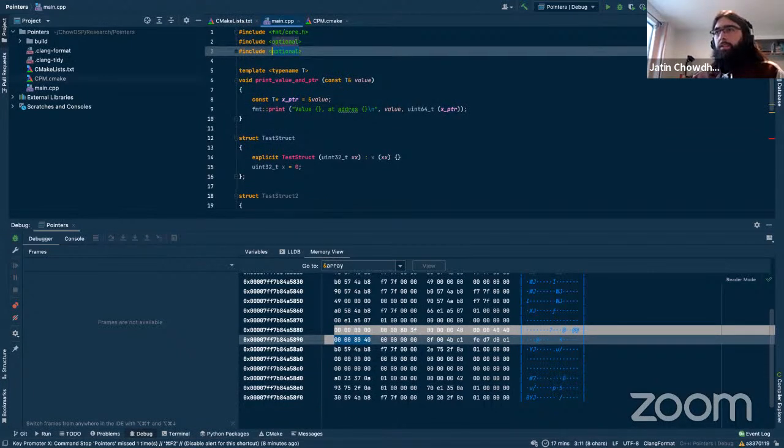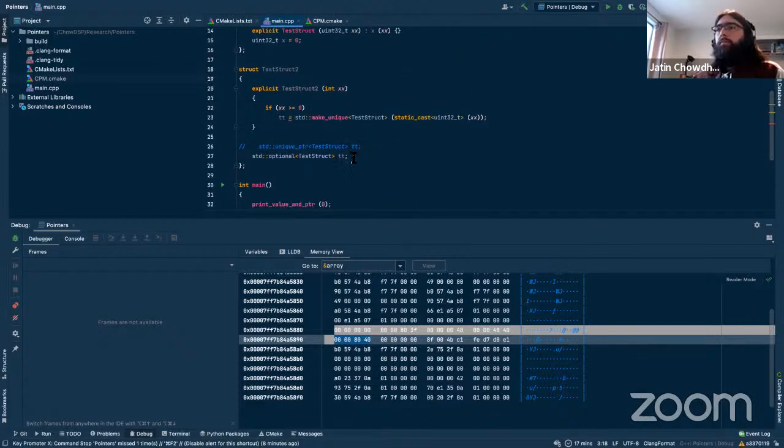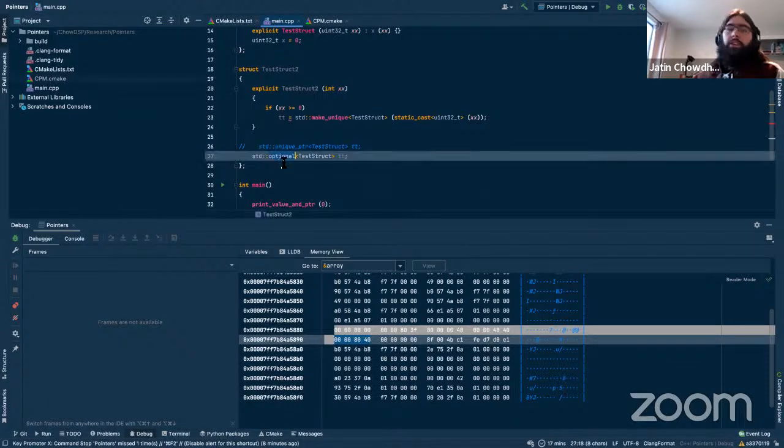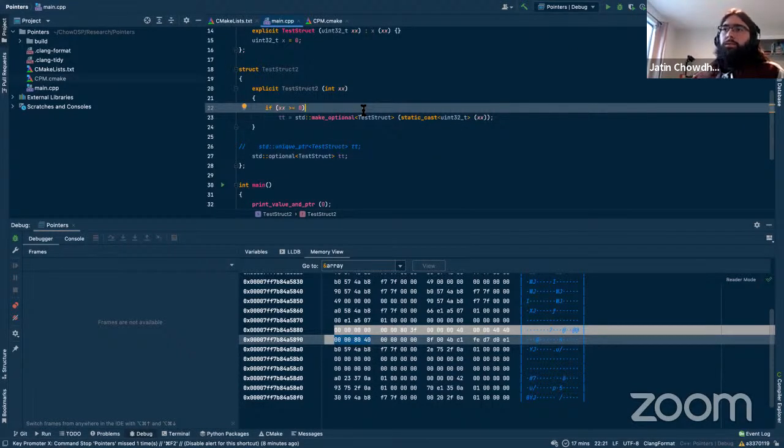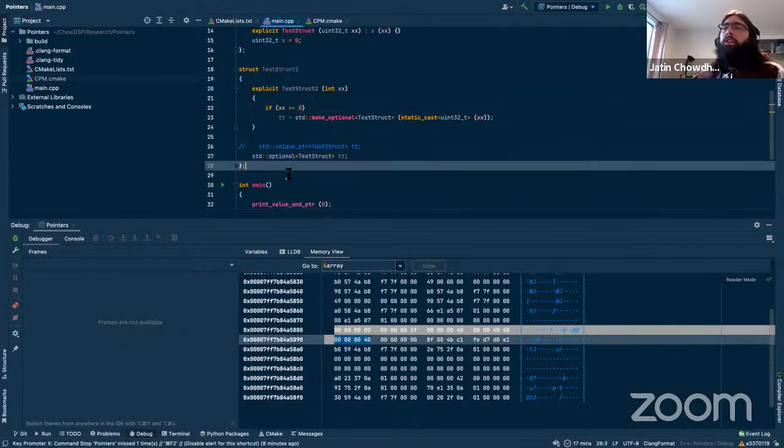And I probably include memory as well, just to make sure that unique pointer works the way I want it to. But anyway, standard optional is better in almost every way. So that's how we would use standard optional. The syntax is almost identical. But the reason why standard optional is better is because, first of all, it's created using stack memory rather than